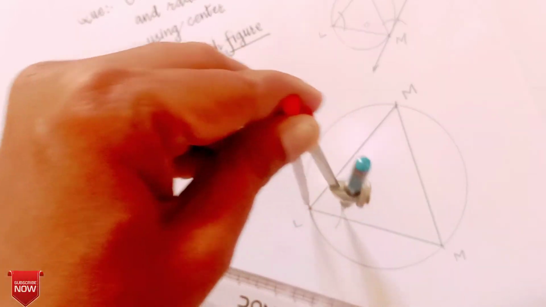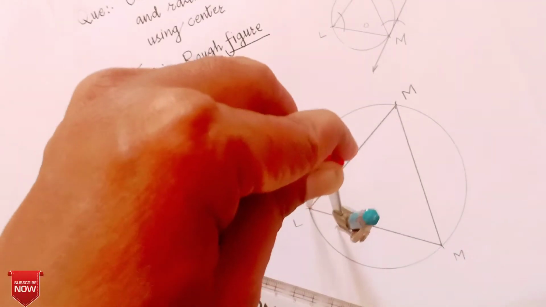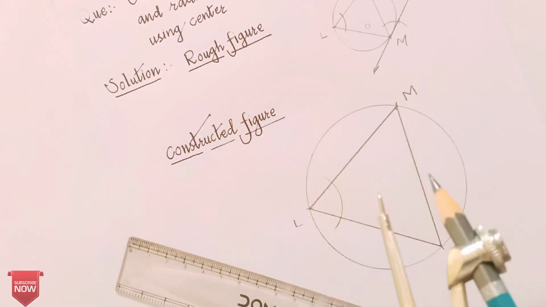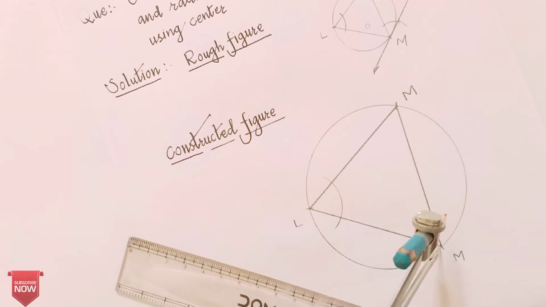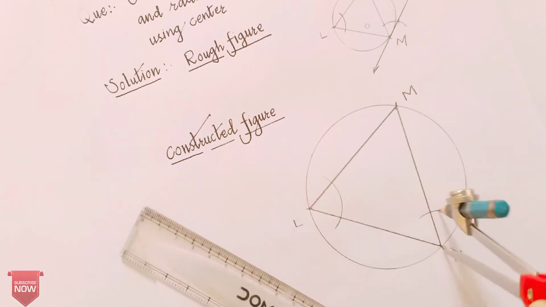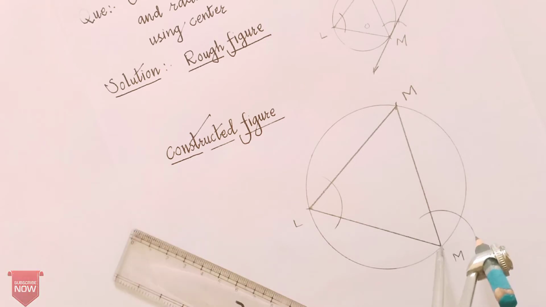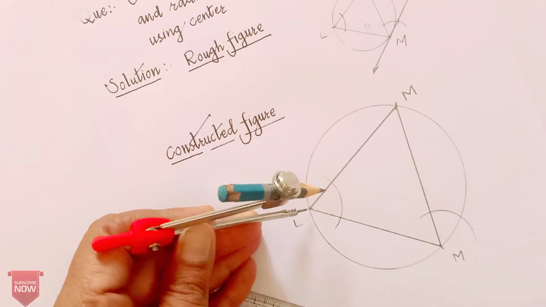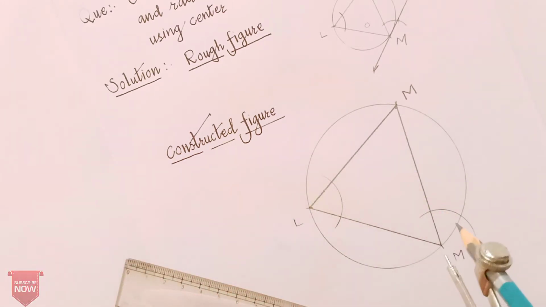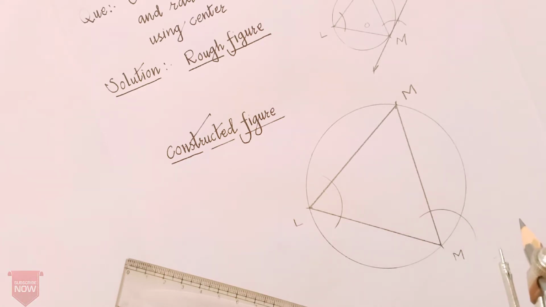We are drawing a curve in this way. Now you should see this, how to draw this curve without changing it. I am not changing here. You draw another arc by keeping the needle point on the point M. How are you doing it in this way? What we have done? We have taken a certain distance, we have drawn one arc. Without changing it, we have drawn another arc through the point M on which we have to draw a tangent.